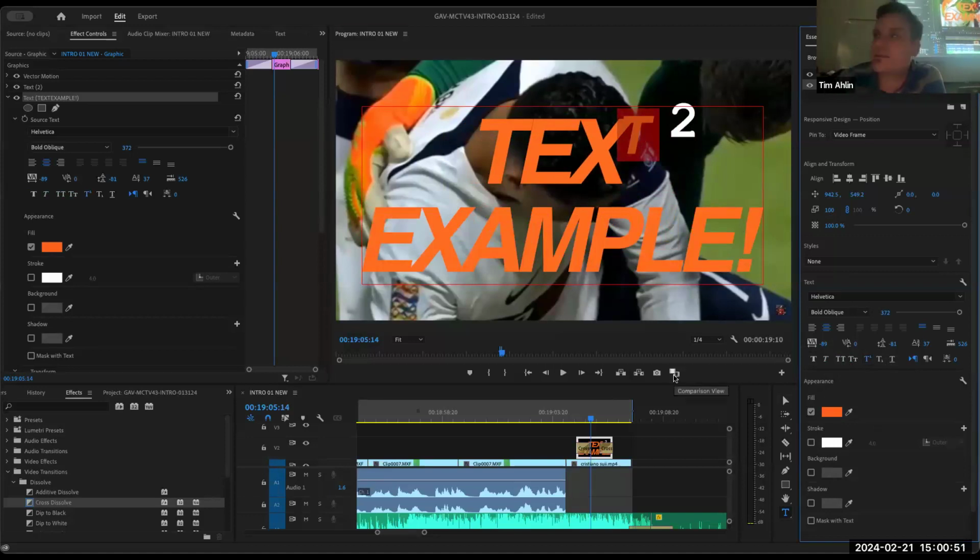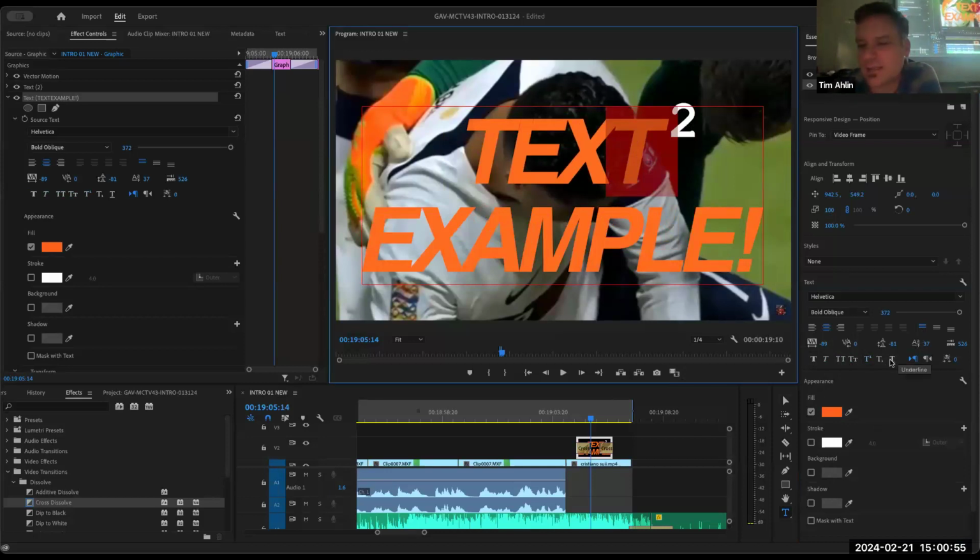That's an easier way to do what I did in my example. Underline, et cetera, et cetera. I'm going to let you mess around with all of these, but basically you come in here and you can mess around.